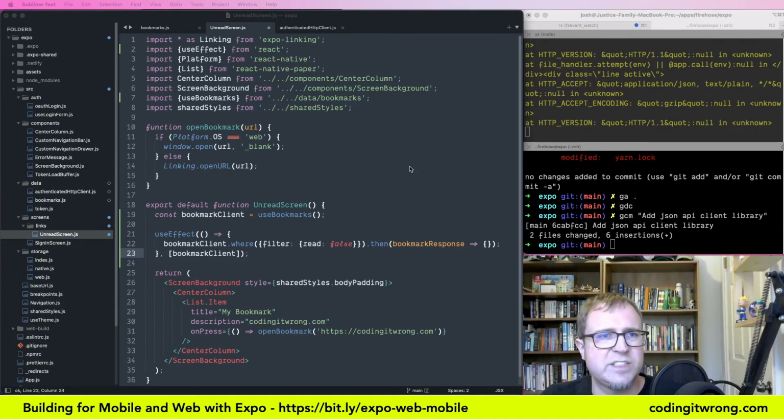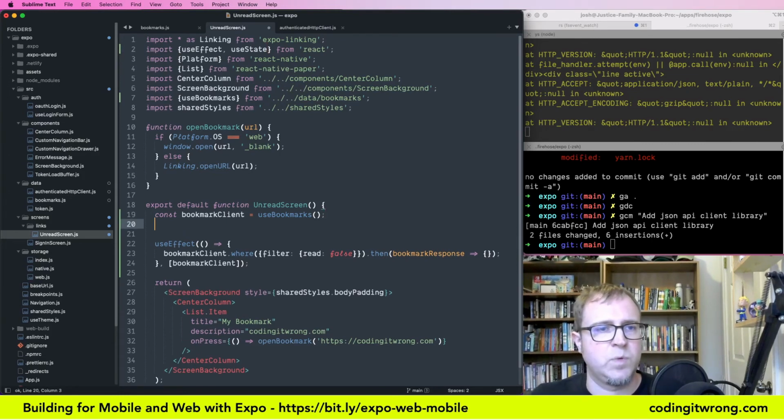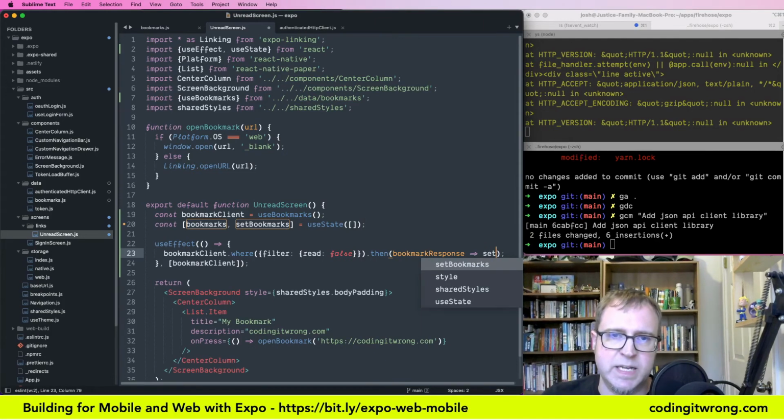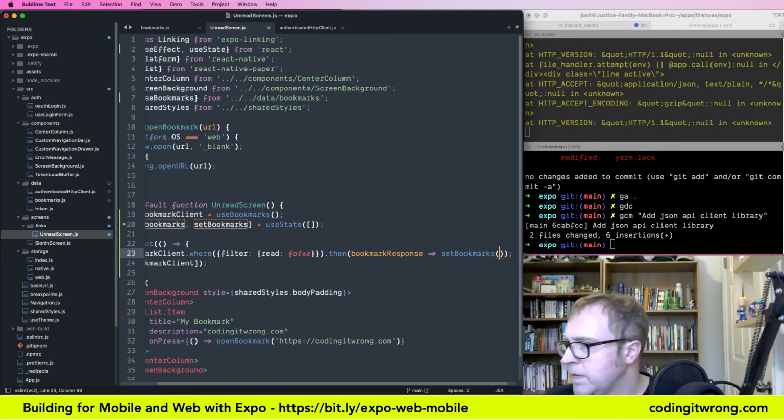Yeah, I think it's just a setter. So useState for right now. We're just going to do this. We're going to say const bookmarks, setBookmarks equals useState. Do I want to start it out as an empty array or as a null? Let's do empty array for now. Yeah, that's good until we need something else. And then we're going to say bookmark response, setBookmarks equal to